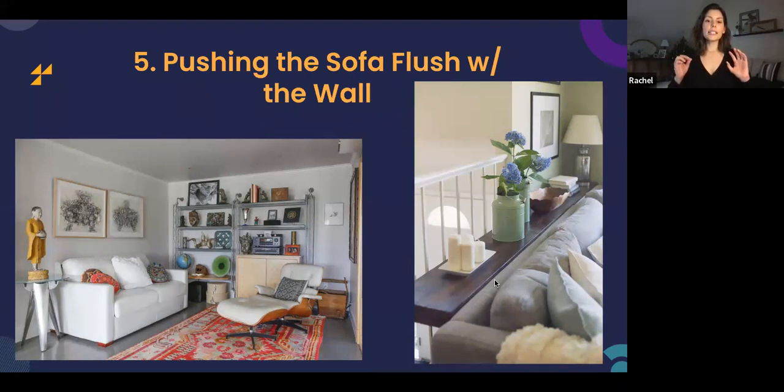Two things. There is the misperception that when we push things up against the wall, we're creating more space, more walking space, and therefore more visual space in a room. But what happens when you push a heavy piece of furniture like a sofa up against the wall, you're preventing any kind of airflow behind that piece. And that actually decreases visual space. And if you're in something like a living room, of course you need walking space, but typically those spaces are used for entertaining.